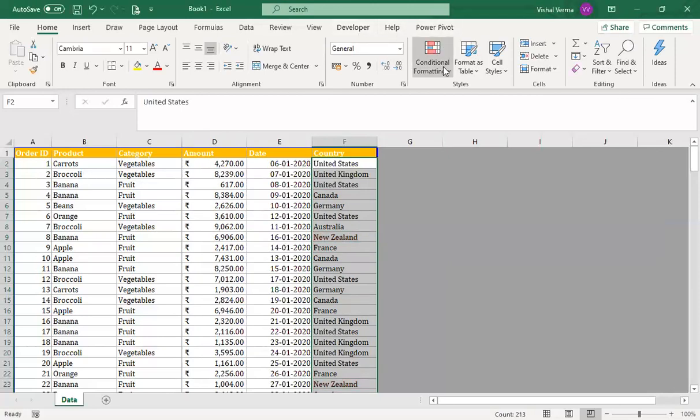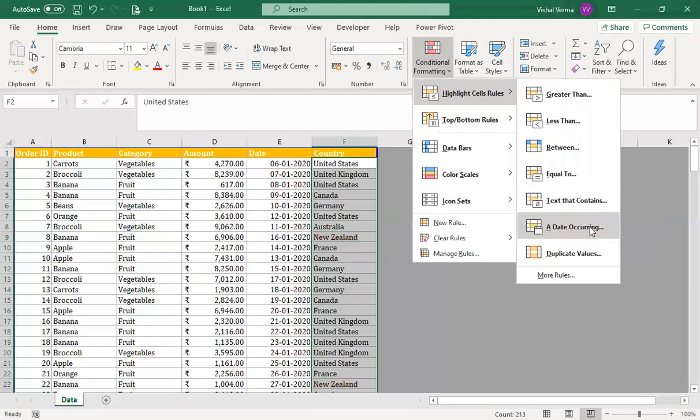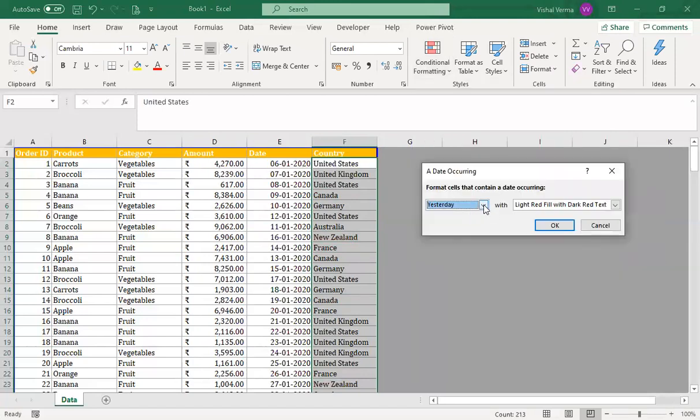Okay. Now next is your a date occurring. Okay, a date occurring is basically if it is yesterday or you want to fix a particular date, for this month or this week, it will highlight on that. Okay. The date calculation, or this week or next week calculation, is using the if function with the combination of today's date. So whatever the date today is, it will be according to that particular date.